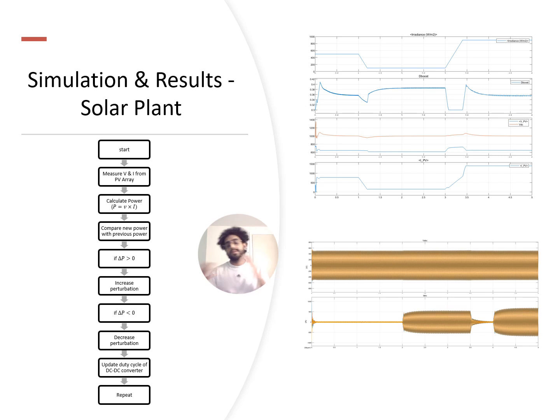For example, the irradiance level is stepped down from 900 watts per meter squared to 100 watts per meter squared and stepped back up. The boost converter's duty cycle adapts accordingly, changing from 0.2 to 0.8 to maintain